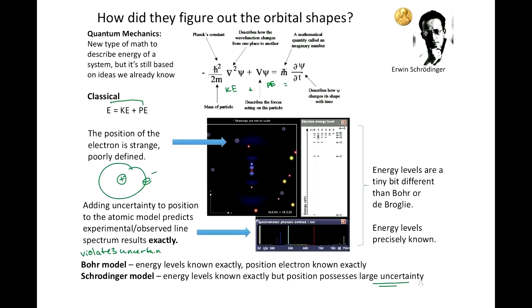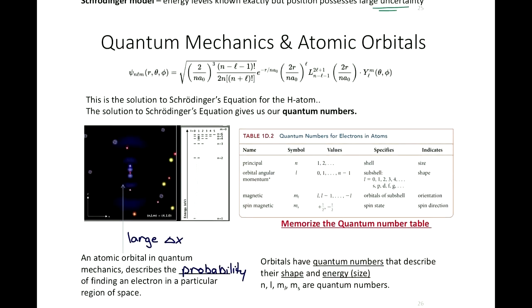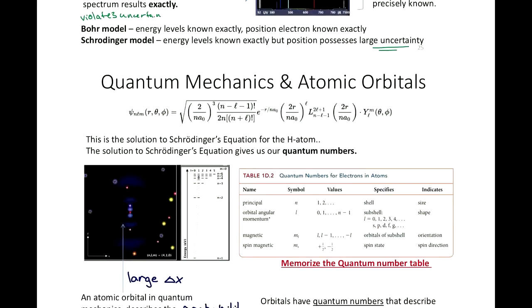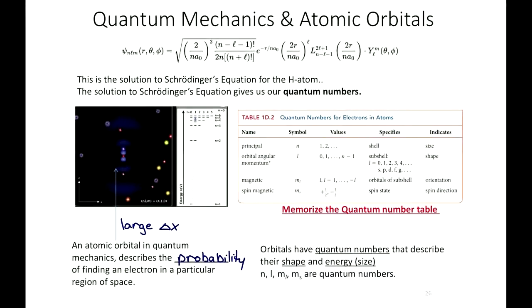Right, so we'll talk about the solution to the Schrodinger equation. So this is just the Schrodinger equation, all right? But then you actually have to solve it, and you solve it using polar coordinates, actually. And so the solution to the Schrodinger equation looks like this. If you take higher level chemistry or higher level math, it's like a rite of passage to solve the Schrodinger equation once. But then we never do it again because we have supercomputers that do it for us because it's very tedious.